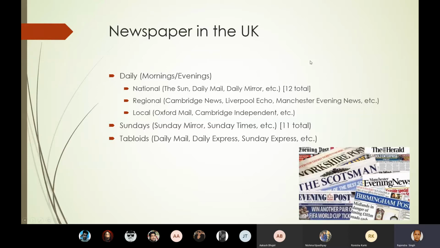Does anybody have any exposure, like happen to read any of the newspapers in the UK? These days, you can find these newspapers online. If you search for them, they have their own websites, and you may be able to read the articles published in these newspapers online. Does anybody have any exposure to that from this section? From the other section, a few of the students said they have read, I think, the Daily Mail and some other magazine. But from this section, has anybody read any British newspaper, daily or Sunday?